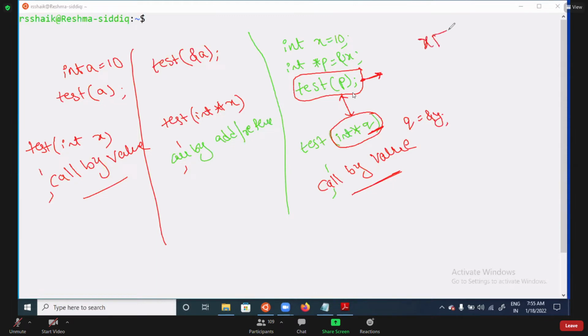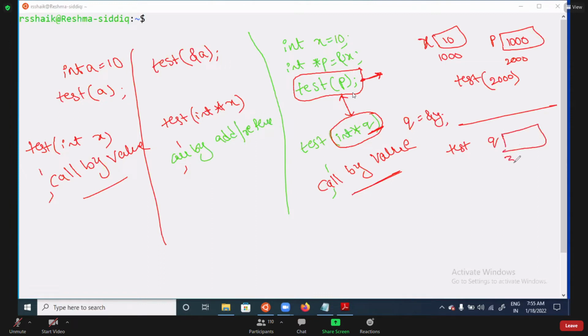Here x value is 10, address is 1000, p is a pointer holding address of x. Now you are passing test of p, that means 2000 you are passing. In the test function, you are going to take int star q. For q, memory is created. Now it is holding 2000.